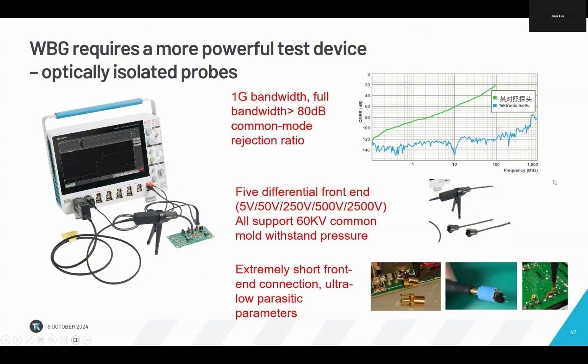So here is the comparing result. We can see that for these isolation probes, even at 1 gigahertz bandwidth, they can still have above 80 dB CMRR, which means they can attenuate the common voltage 10,000 times. So even if we measure 800 volts of common voltage, the output from the common voltage will be only about 8 millivolts. So it's really good for measuring this kind of wideband gap